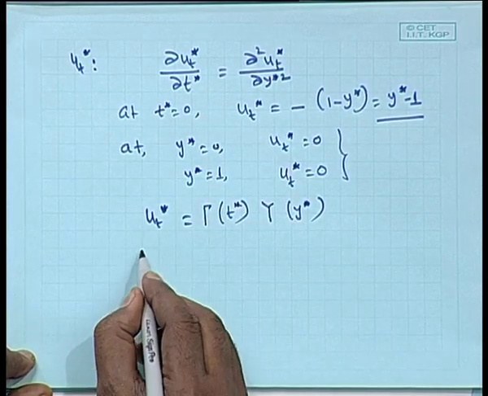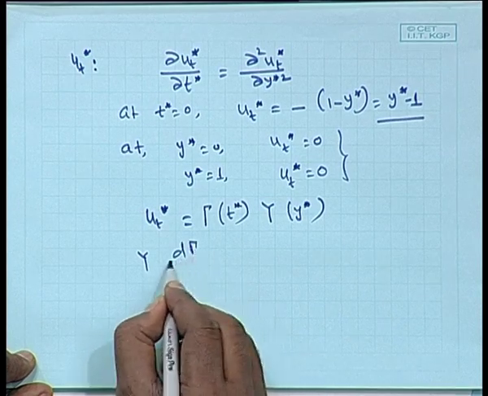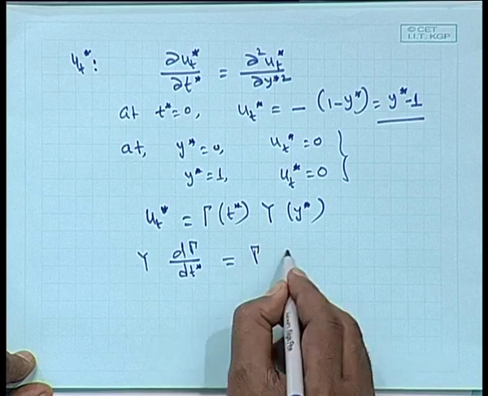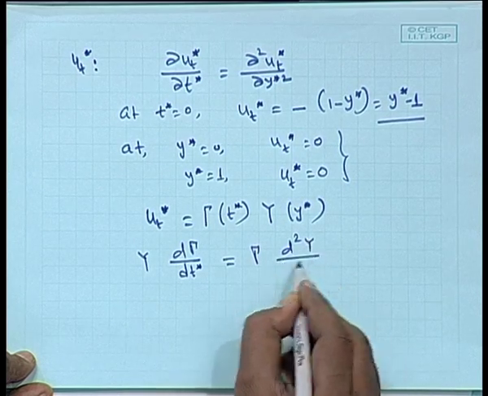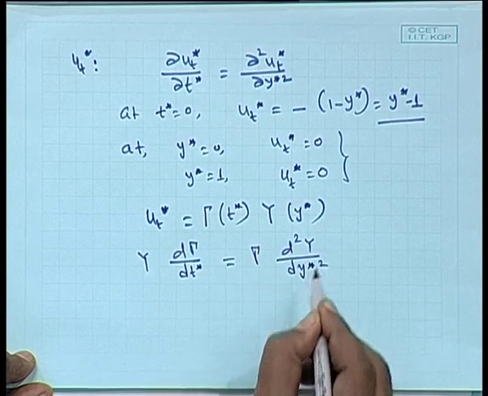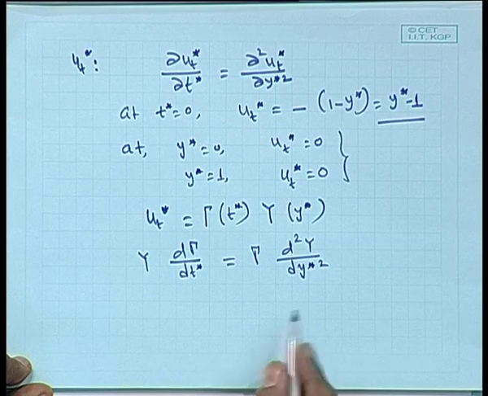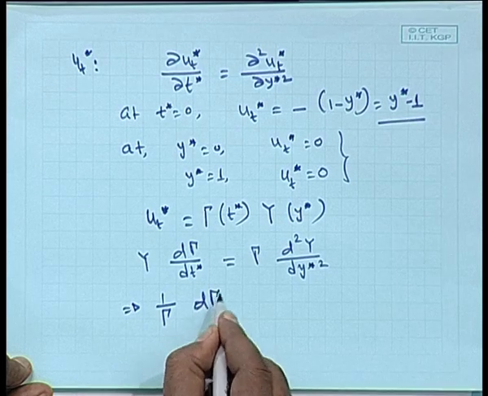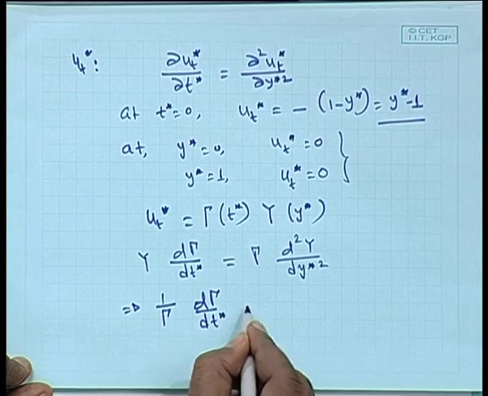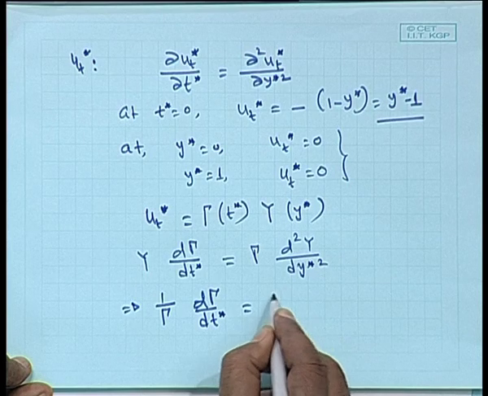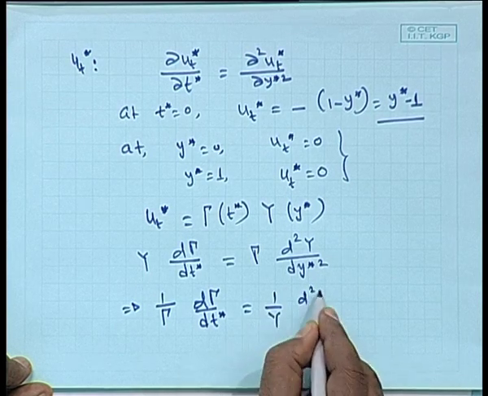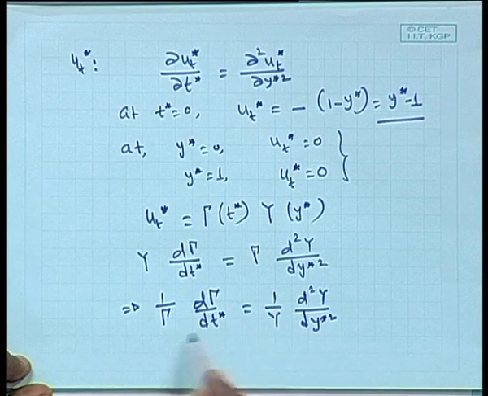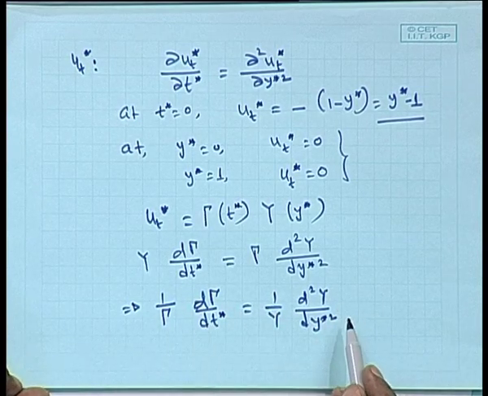This will be Y times d tau by dt star plus tau times d square Y by dy star square, right. So, it will be 1 by tau d tau by dt star equal to 1 over Y d square Y by dy star square. So, the left side will be a function of time only, the right hand side will be a function of space only,